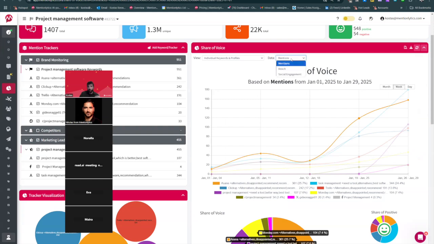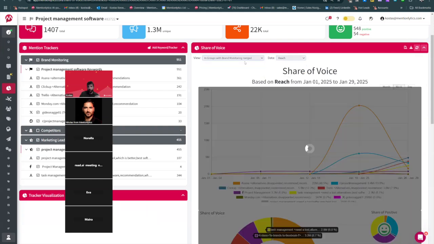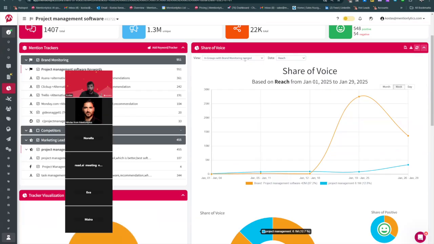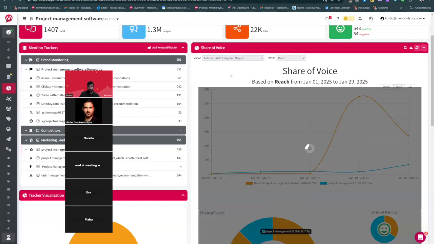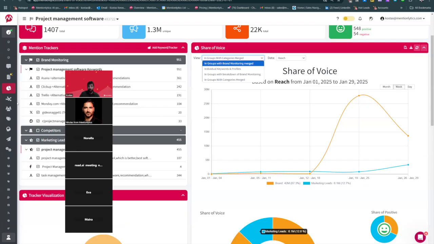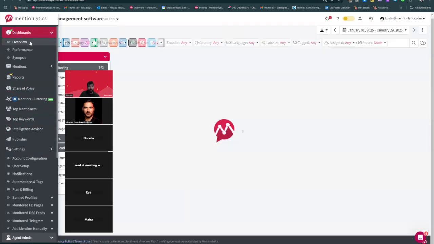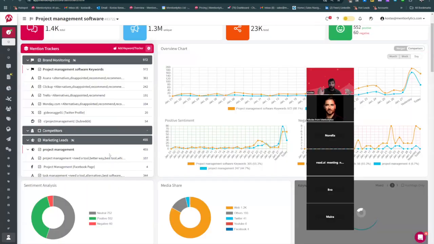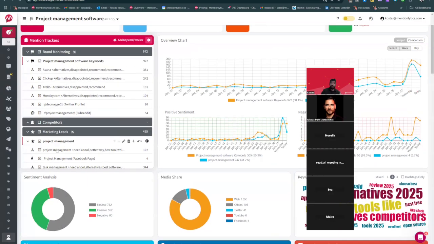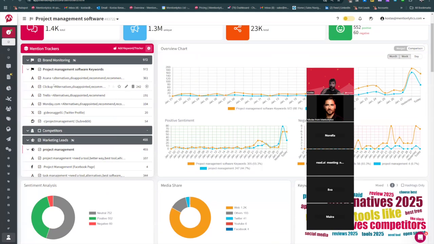Then I can group them with brand monitoring merge. If I had them all as individuals, when I clicked here, they would appear as directly competing brands. So this is the only difference: the ability to gather more insights about specific keywords. You're going to get the exact same results collected. It's just a way to do some record keeping. These are brands, and these are general marketing leads. It's a way to organize, not something that changes the results. It's just a difference in how you organize, the visualization, and the other data you can get from it.